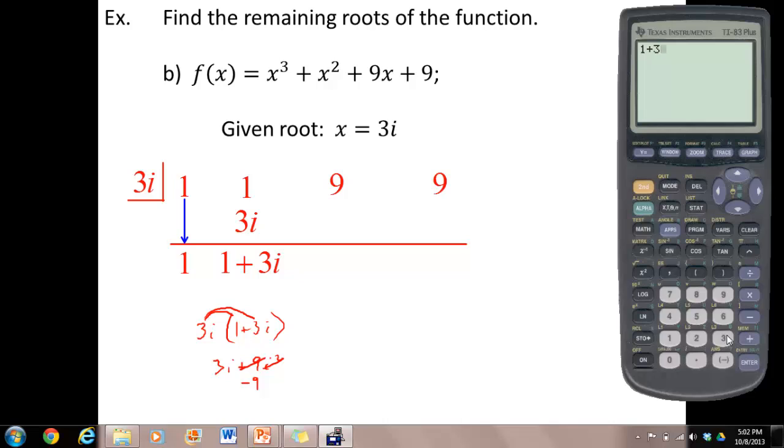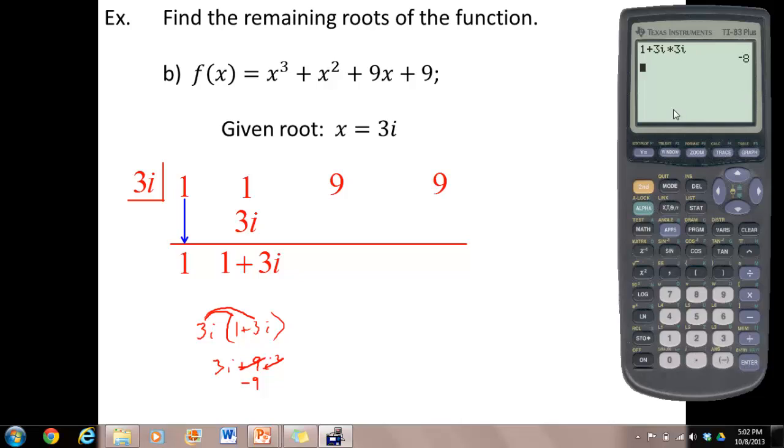So when I type it in, we've got to be careful. Where's the i button? If you look closely, I have two i buttons. I have one i right here. That's the letter i. I don't want the letter i. I want the number i. The number i is right here. So if I just hit second and the decimal point, I get the number i. So if I just type 1 plus 3i times 3i,